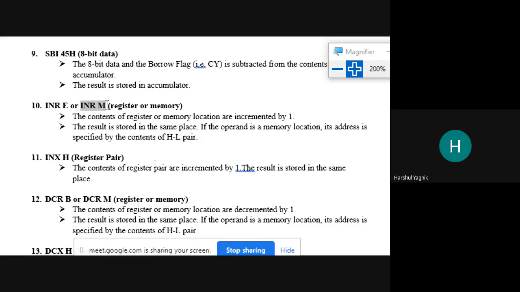When this instruction gets executed, the content of the HL register pair will be used as the address of the memory location, and the operand at that particular memory location will be incremented.